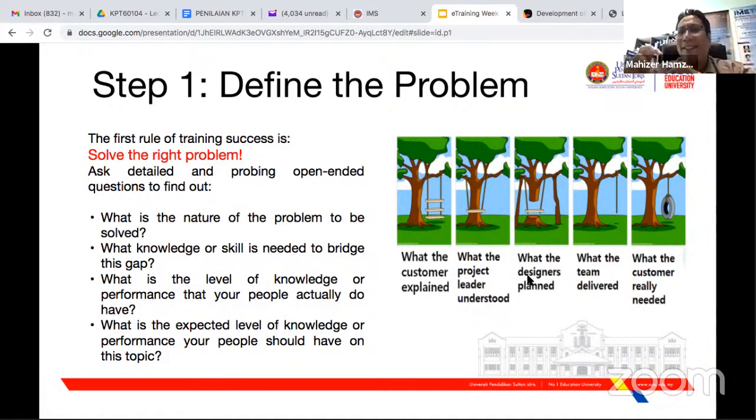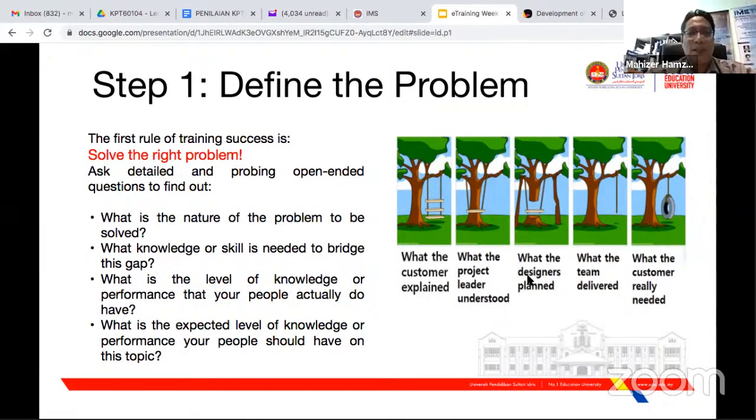The real problem is malas membaca. That's the real problem. Okay, not the information not available ke tak? The information is there, but they don't want to read. That's the problem. So we want to solve the problem and how to make sure that they read a lot. Maybe every week we give a task, a few articles for them to read in order for them to gain the knowledge and they can actively participate in the discussion. Otherwise they may keep silent because they don't know anything. That's the real problem to solve.